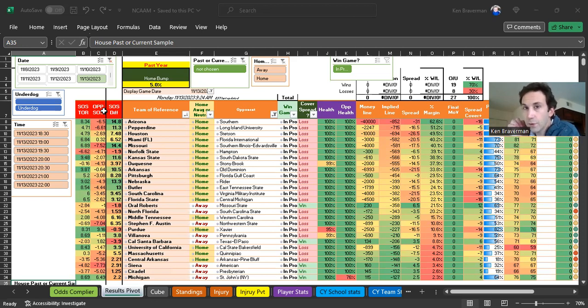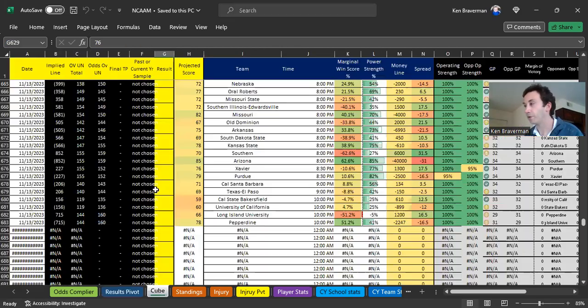It's one of the easier ones to update, even though there are a lot of games, many different teams to choose from every day. So we're going to go through the process, and I'm going to give you all the tips and tricks and any of the little nuances that you'll need to know so that you'll be able to update it really fast. So first of all, when you start for the day, you have a choice about whether